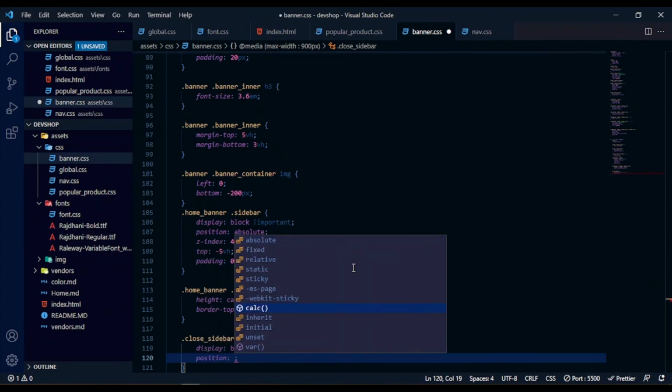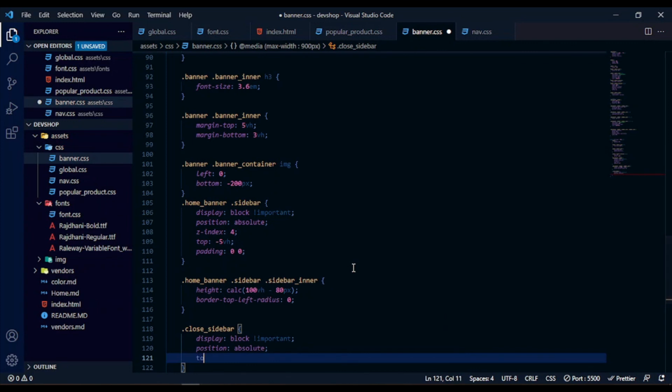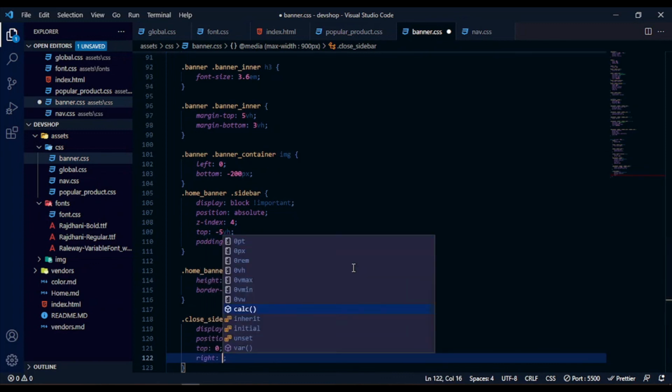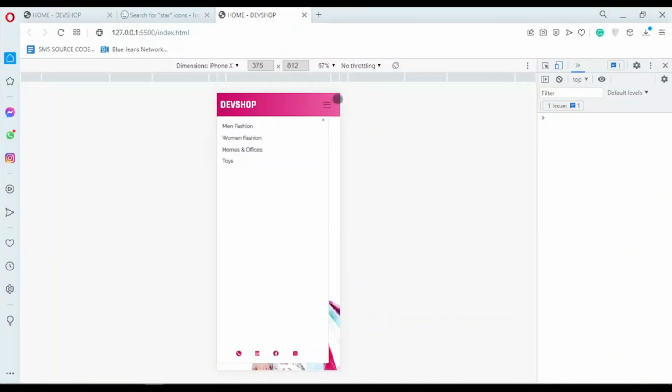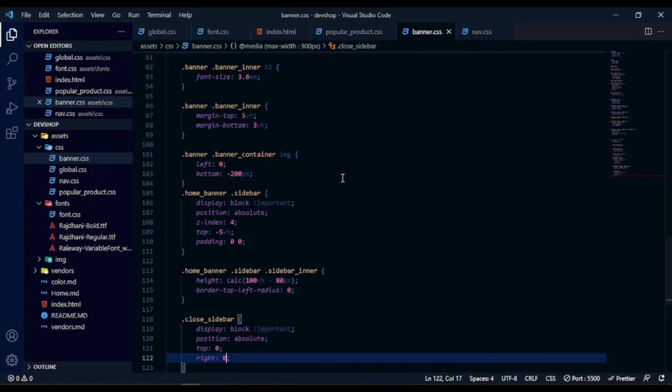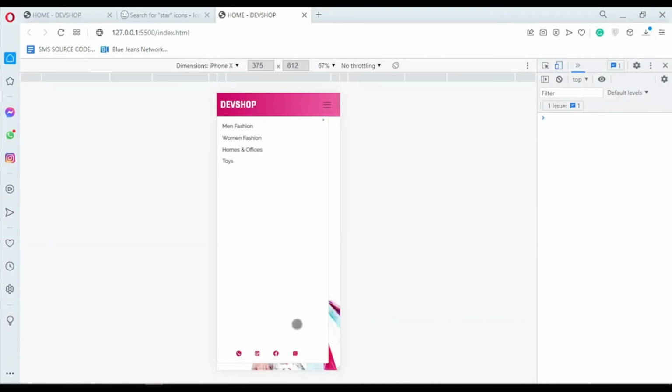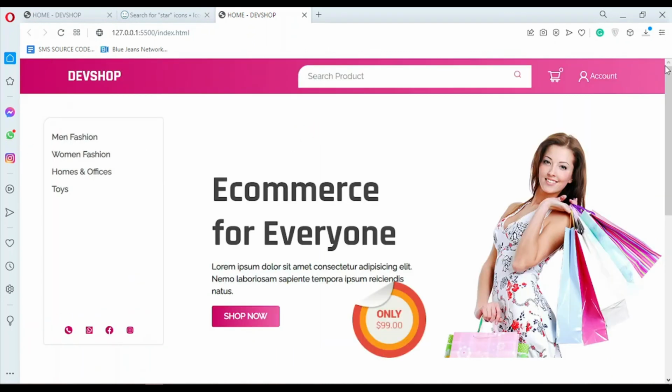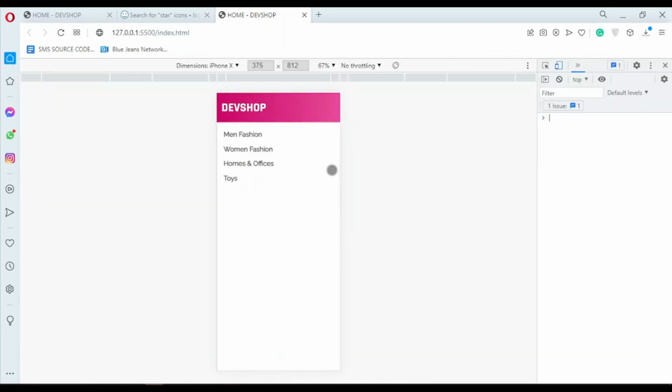If I say position absolute top 0, right 0, so you can see that we have it right here. Maybe I remove it, it's not going to be there. Yeah, it is going to be there, but on window it's not going to be there. Can you see that? So going back to mobile,